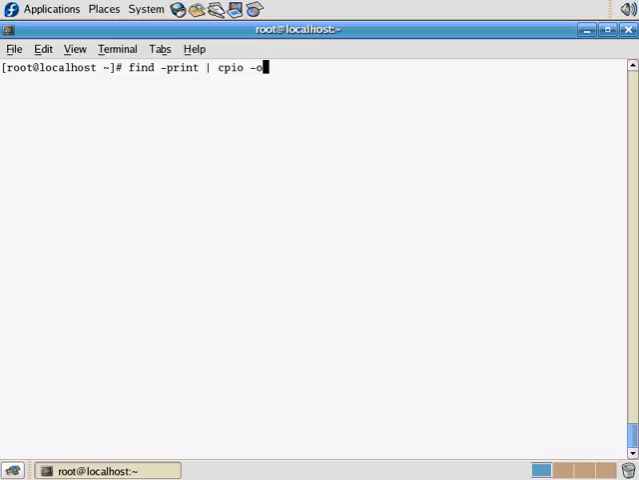So if I clear the screen and I do find -print again, I pipe that to CPIO, and I'm going to do an output. So I want to go from my hard drive out to a file or to a tape, and I have to put the F for the file to specify the file. So I'm going to call this home-dir-backup.cpio. So that's the name of the file it's going to send all these files to and put them in that archive file. So if I press enter,